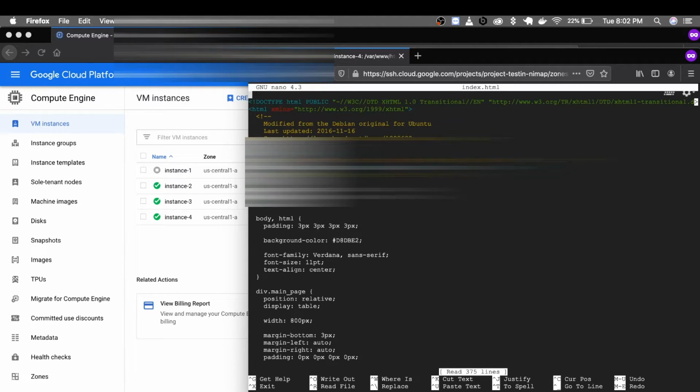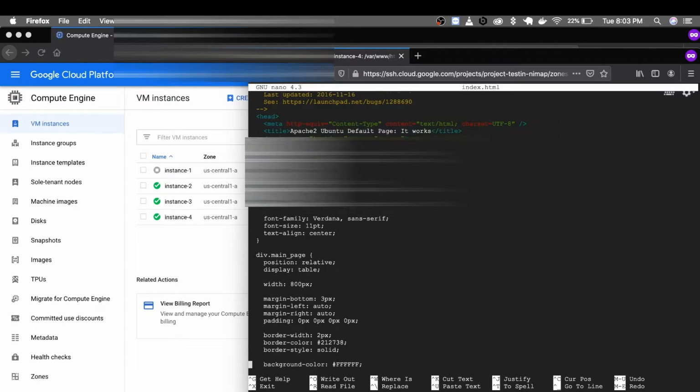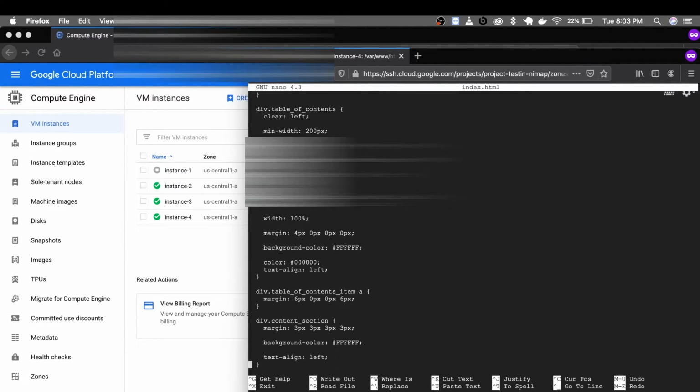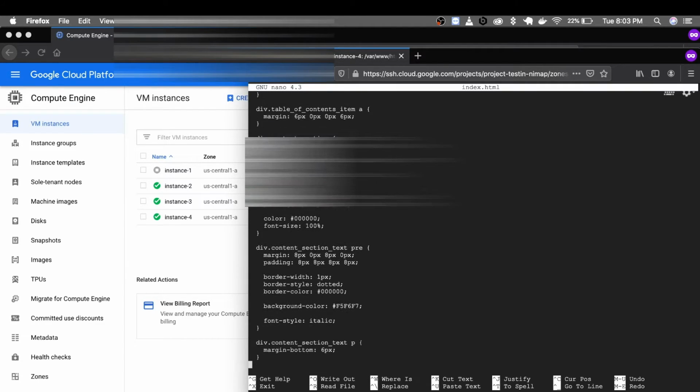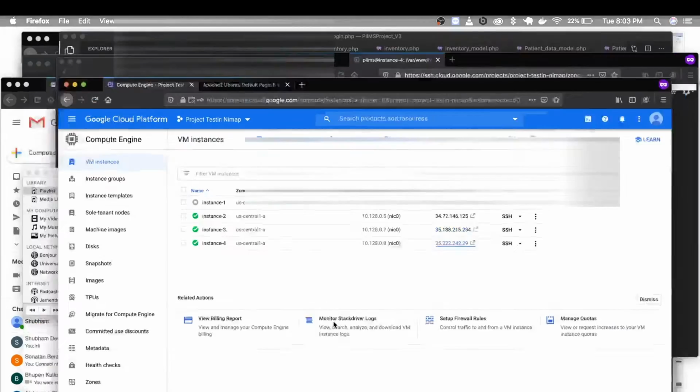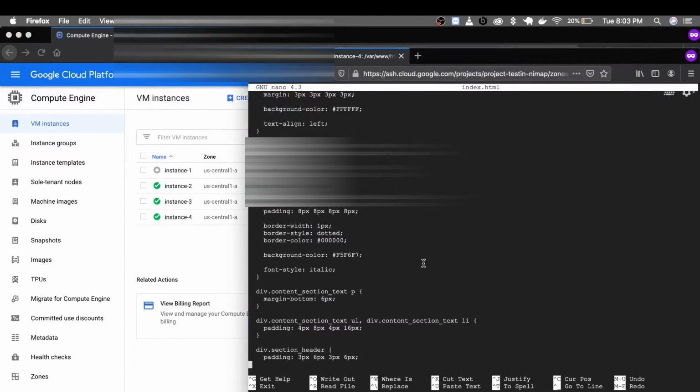This is the file editor we have used. Now in here you can see the default code which we see as the output. This is what has been written in here.